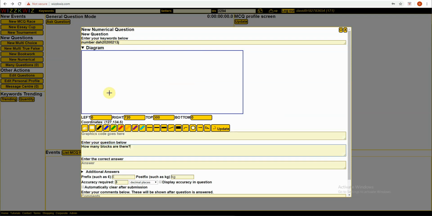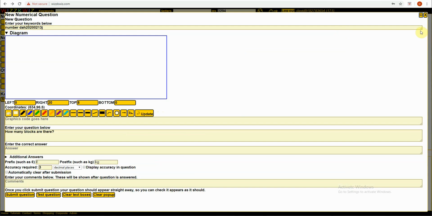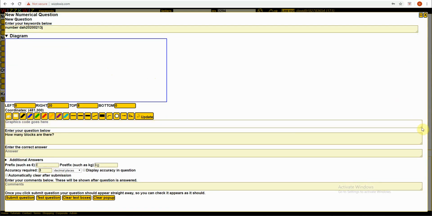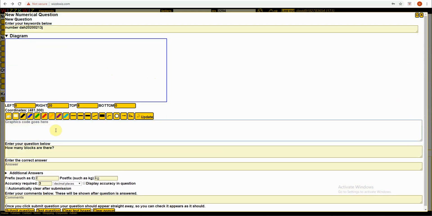Okay, so easiest, rather than having 0 to 720, let's just have 0 to 20 and top at say 8, bottom at say 0. And then we're just going to use a repeat function basically to get random number of blocks on the screen. Put the wrong one there. Let's pull this down so we can put our graphics code in, and